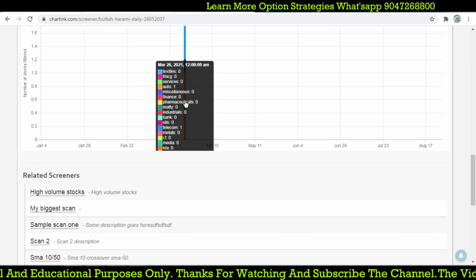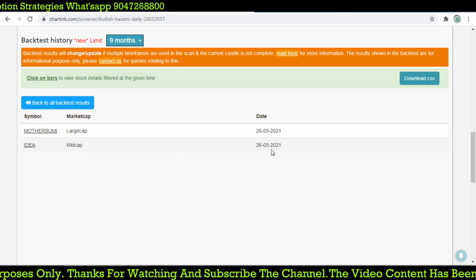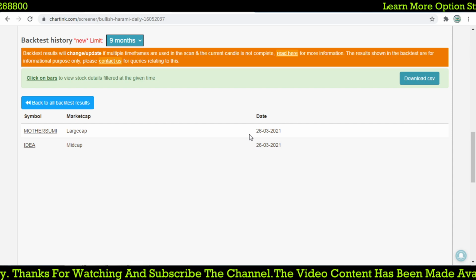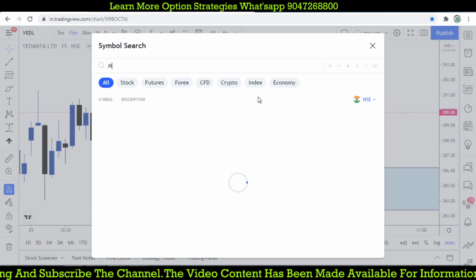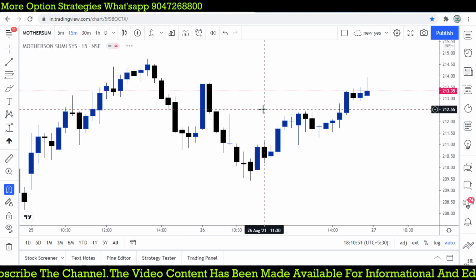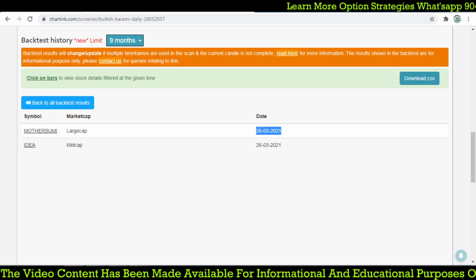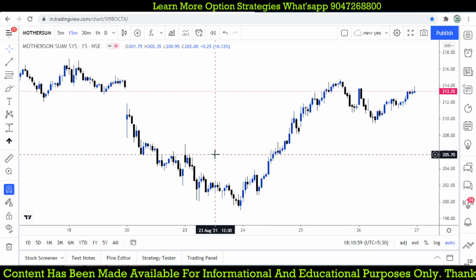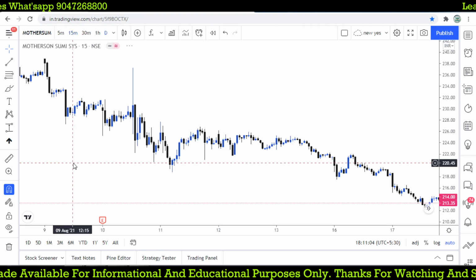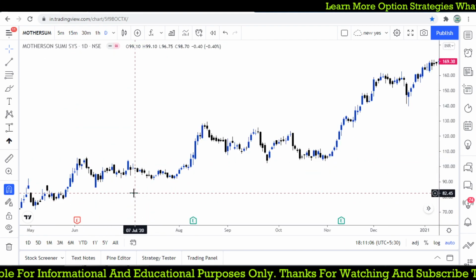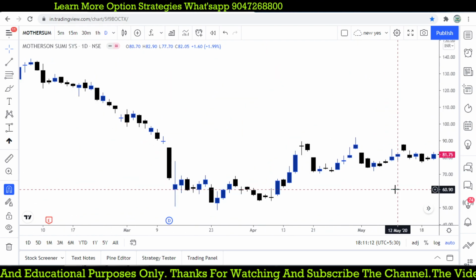You check that on 26th March, we find Motherson Sumi. Stocks with very low values we ignore. So Motherson Sumi, which forms on 26/3/2021. Let's find out whether the candlestick forms on 26/3. So third month, March. Go for March daily. Can you see 26th March?